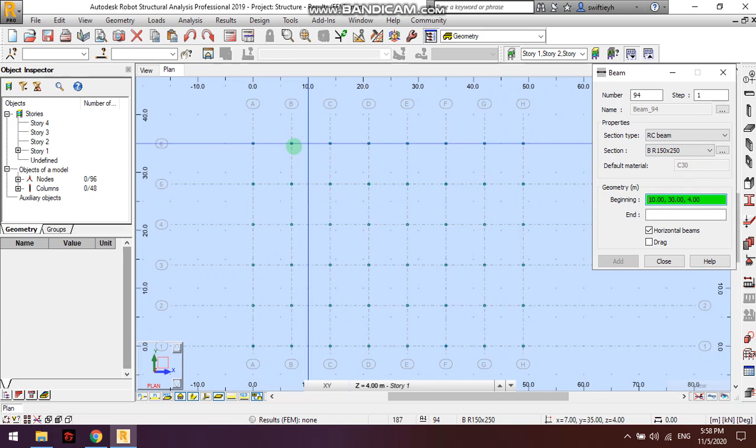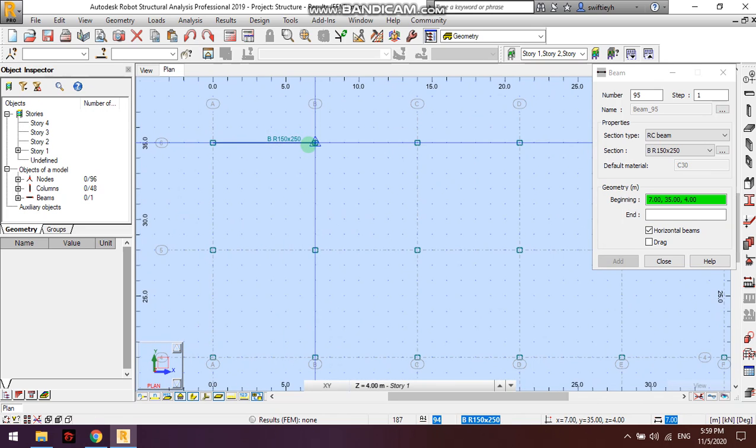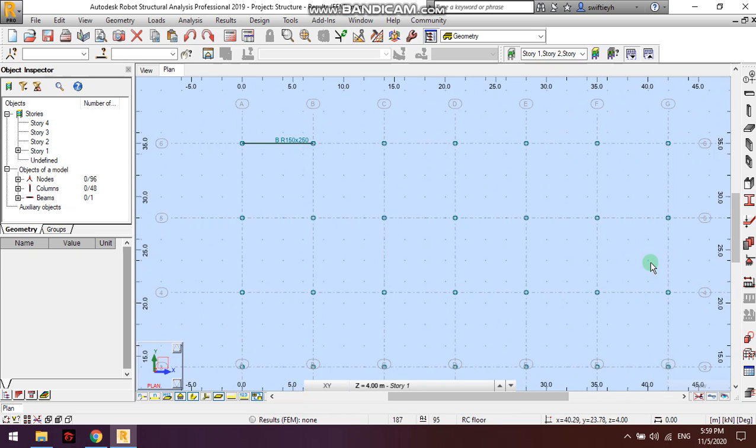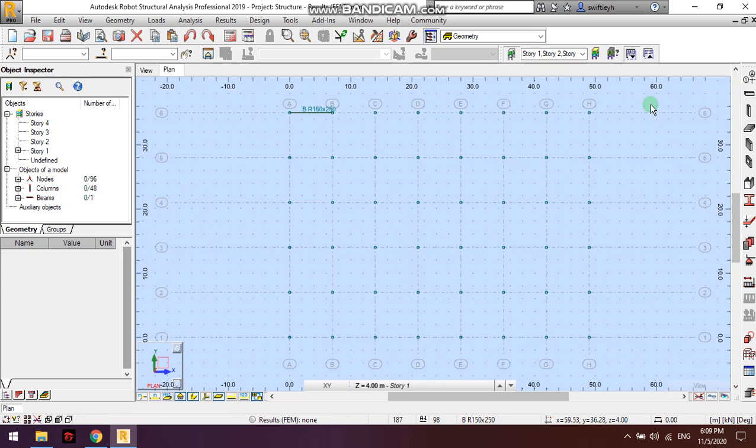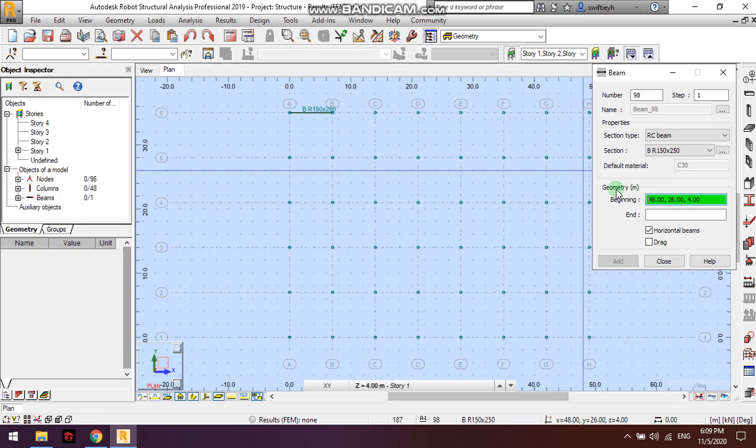Okay, and beginning point. Okay, add. And let's say I'll put a beam from here connecting to here. Then at the beginning point I'll click at this point here, click, and the end point I'll click here. So that's how your beam is created. Then okay, to continue creating the beams, like for this example, if you